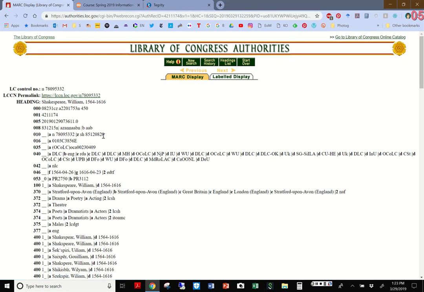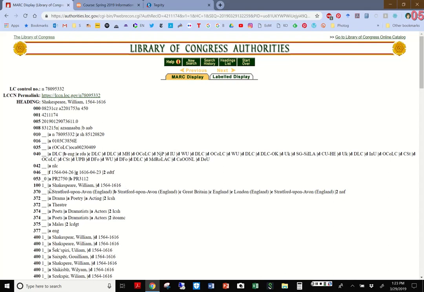Now, this is an actual authority record, and the heading is, you can see right here, Shakespeare William. This is what you would use as your heading, to fill in the answer basically on your assessment for an actual heading. And we're going to look down here in the 100. You see this 100? This is the authorized heading.